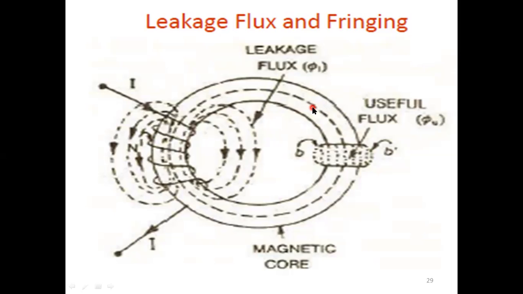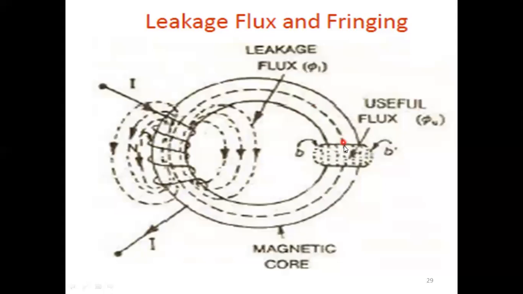Okay. Next, fringing we are going to call it. Any questions? Okay. Now we will consider fringing here. Up to here, the core is there. Core material we are using, it may be iron or steel. At this point, we will consider an air gap. This is the air gap. But we all know that the flux will also flow in the air gap.